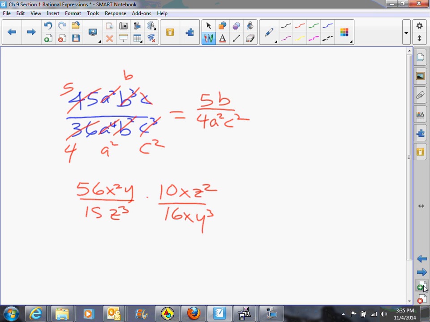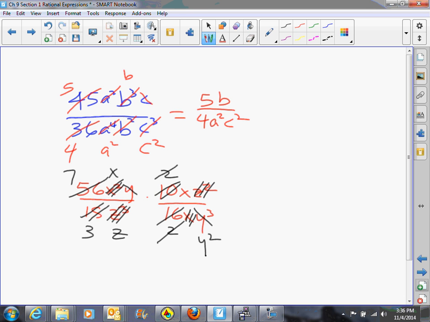So there is a factor of 8 in 56, leaving 7, a factor of 8 in 16, leaving 2. There's a factor of 5 in 15, leaving 3, a factor of 5 in 10, leaving 2. There's a factor of x here, and a factor of x here, leaving an x. There's a factor of z squared here, and there's a factor of z squared here, leaving a z. There's a factor of y here, and a factor of y here, leaving a y squared. And right above, we have a factor of 2 up here and a factor of 2 down there, and